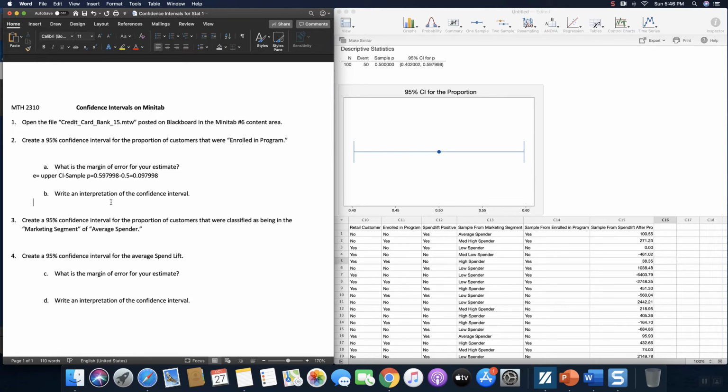Anyway, let's write an interpretation of this interval. So what this tells me is, between 40 and 59 percent of my people are enrolled in the program. So in the population, remember, not the sample. I know how many in the sample are enrolled in the program. That's 50. That's a sample P. So we are 95% confident that the proportion of all, I'm going to say credit card holders because that's who these are, who are in this program